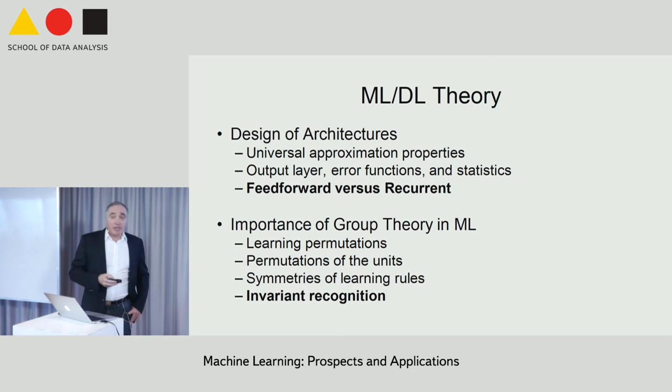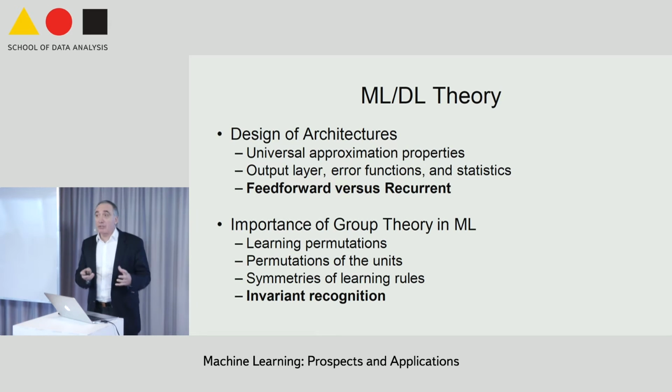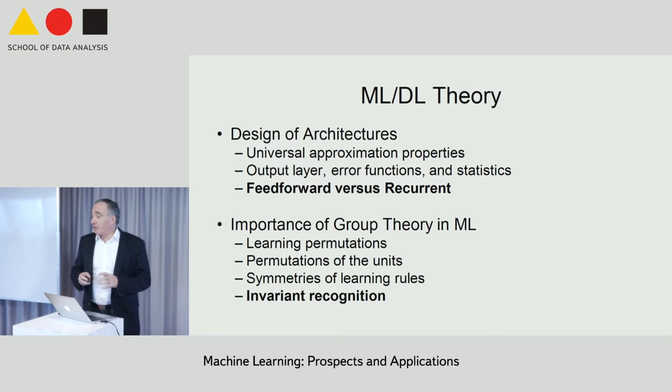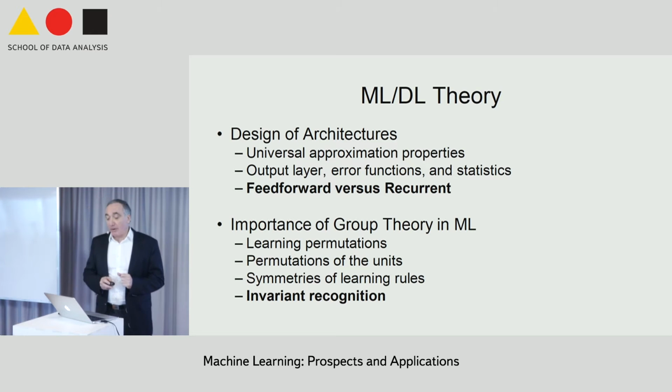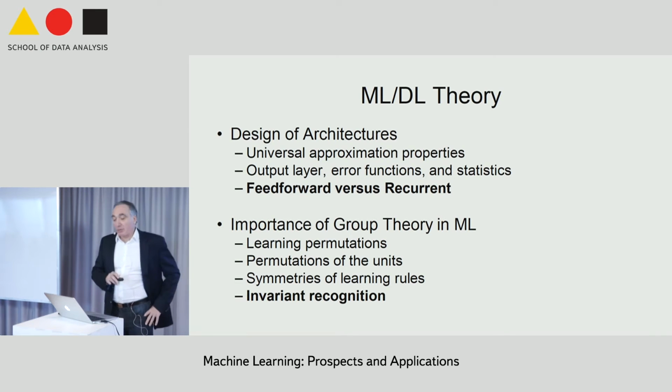But in other places, if you want to do recognition in some invariant way, whether it's translation, rotation, etc., you have to adapt the architecture to this invariance. The best known example is weight sharing for translation invariance, but it's a much more general question. And there is quite a bit of theory from group theory that can be applied to deep learning to build architectures that have invariance with respect to particular groups of operations. And this also will pop up in a simple way in one of the examples that I will describe to you.